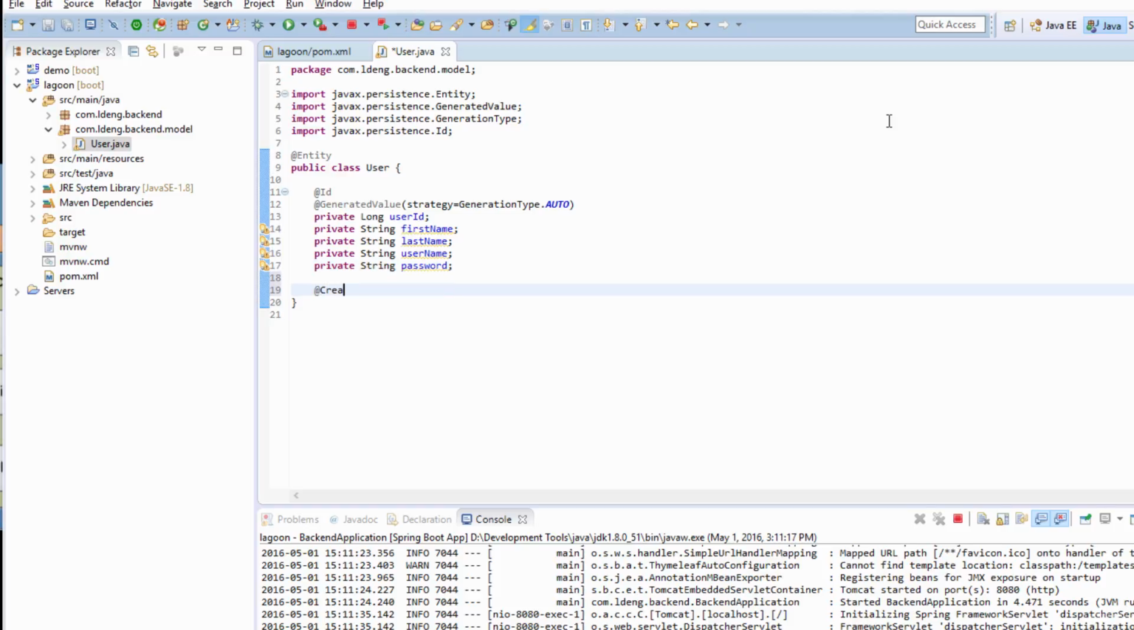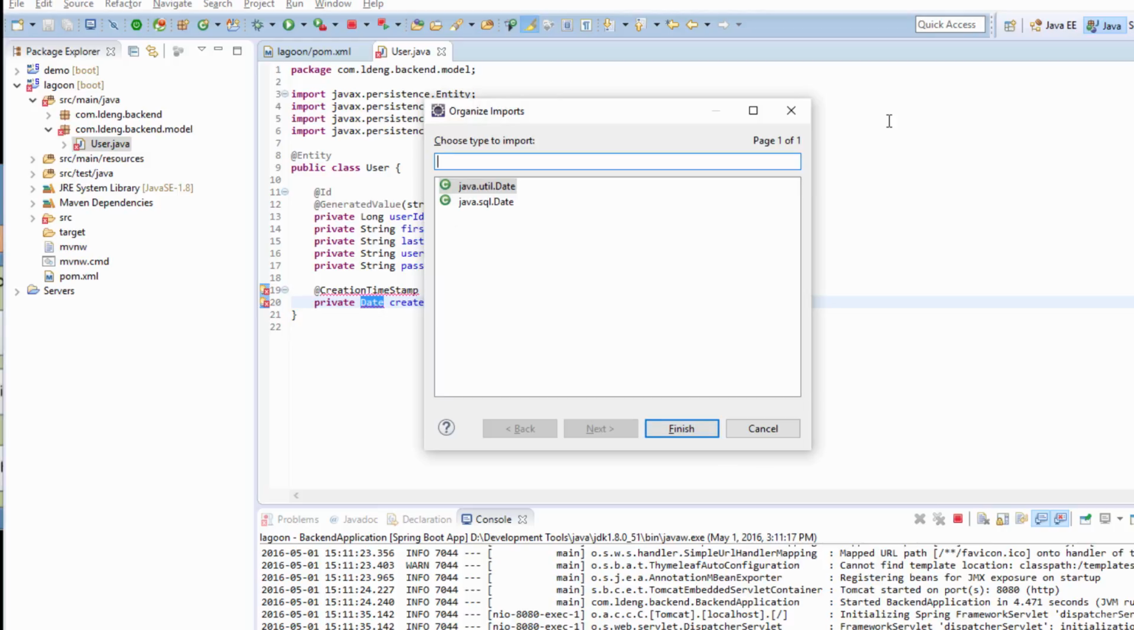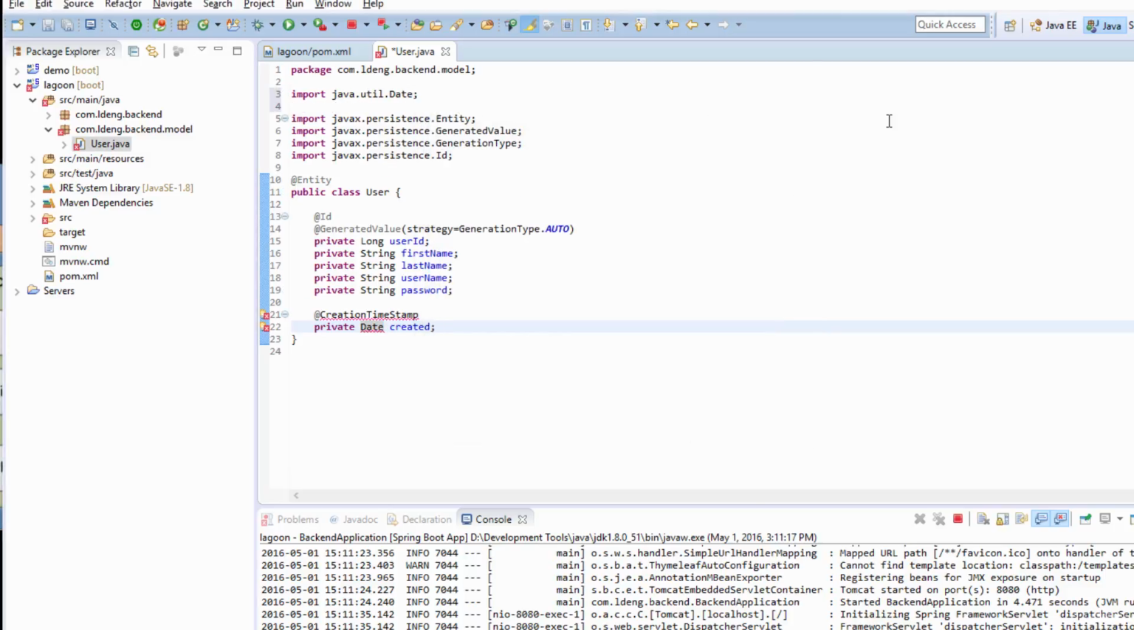And we're gonna use a creation timestamp to indicate the created time of this person. Import the packages from java.util.Date. Okay,